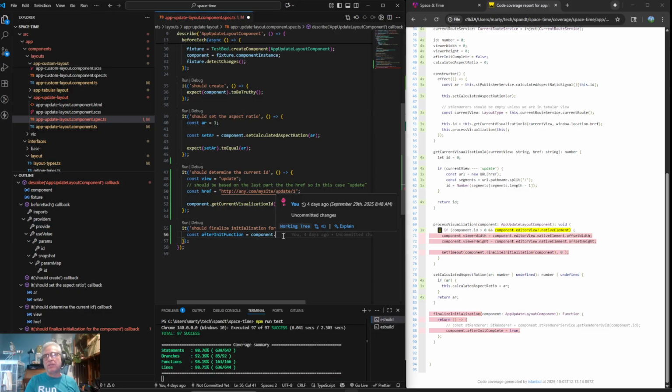Component, so it's a function on the component that returns a function that updates the component. So not the easiest language to understand, and it actually passes an instance of itself in there. And I had to do that because